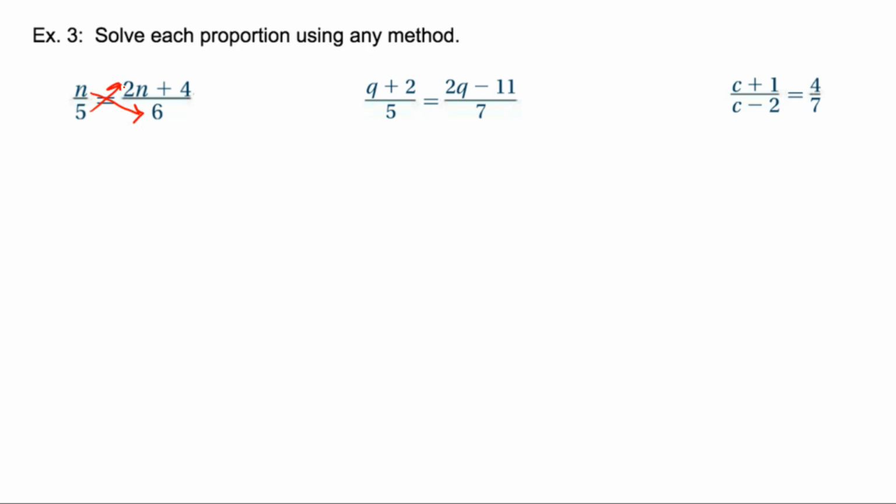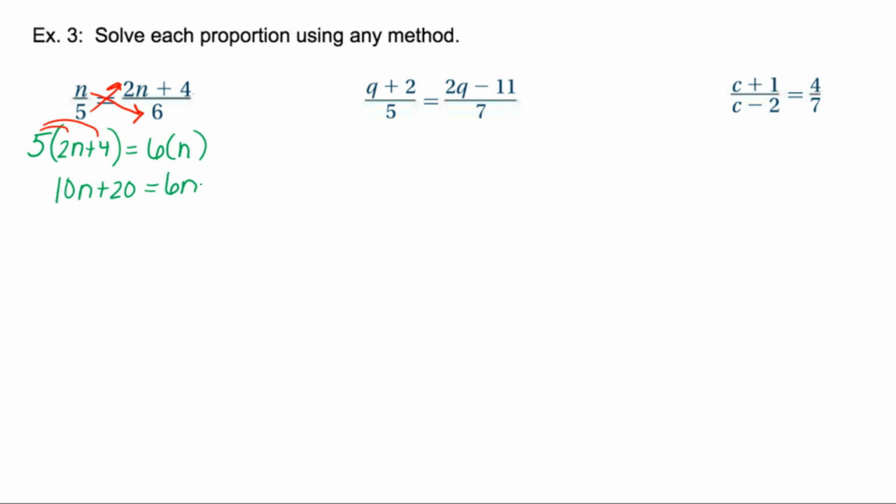The key here is I have 5 times the quantity 2n plus 4. You need to make sure if you have an expression that you put it in parentheses, because it's not just 5 times 2n and then add the 4. It's 5 times the quantity 2n plus 4. And that's going to equal 6 times n. So on the left there, I'm going to need to distribute. So 10n plus 20